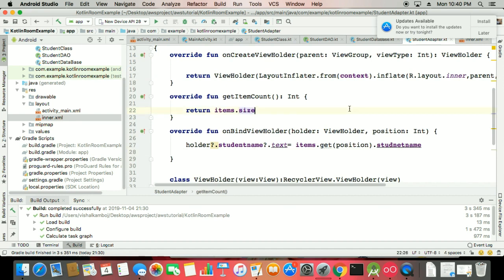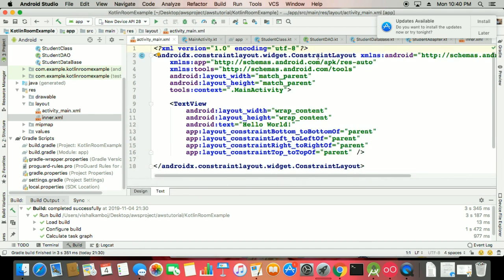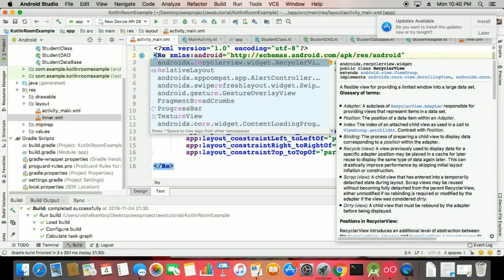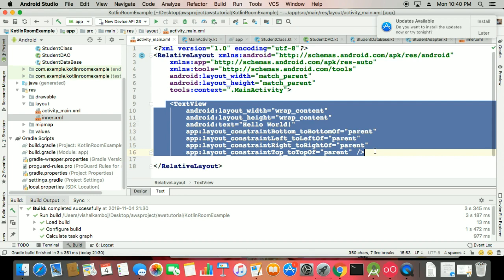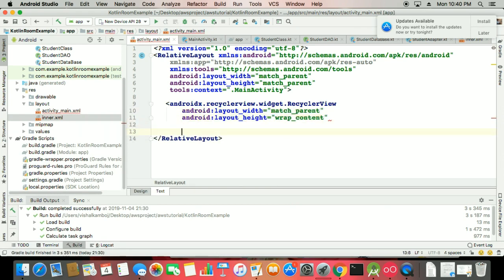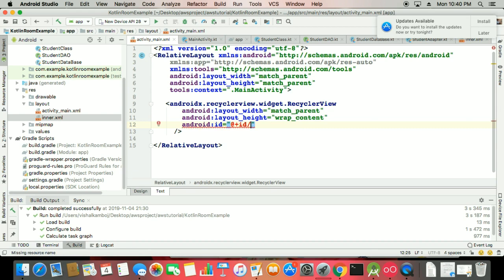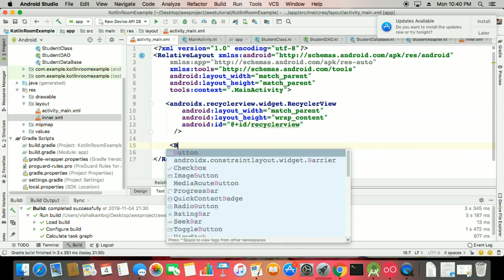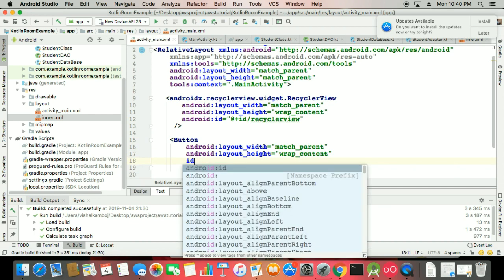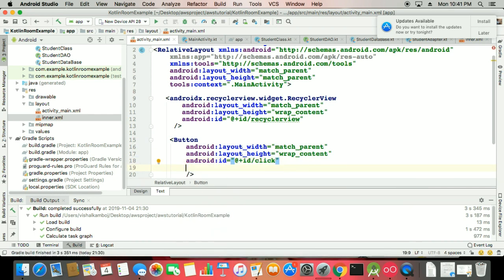Very simple. And now what we have to do, we need an activity main, and in this activity main I want a simple RelativeLayout, and here I'm using a RecyclerView, and this is your match parent, wrap content, and here I'm giving this ID, if you need it, and that will be your recyclerView. Okay, and here I'm using the button, and on the button match parent, wrap content, and here we have ID click, and text is click,